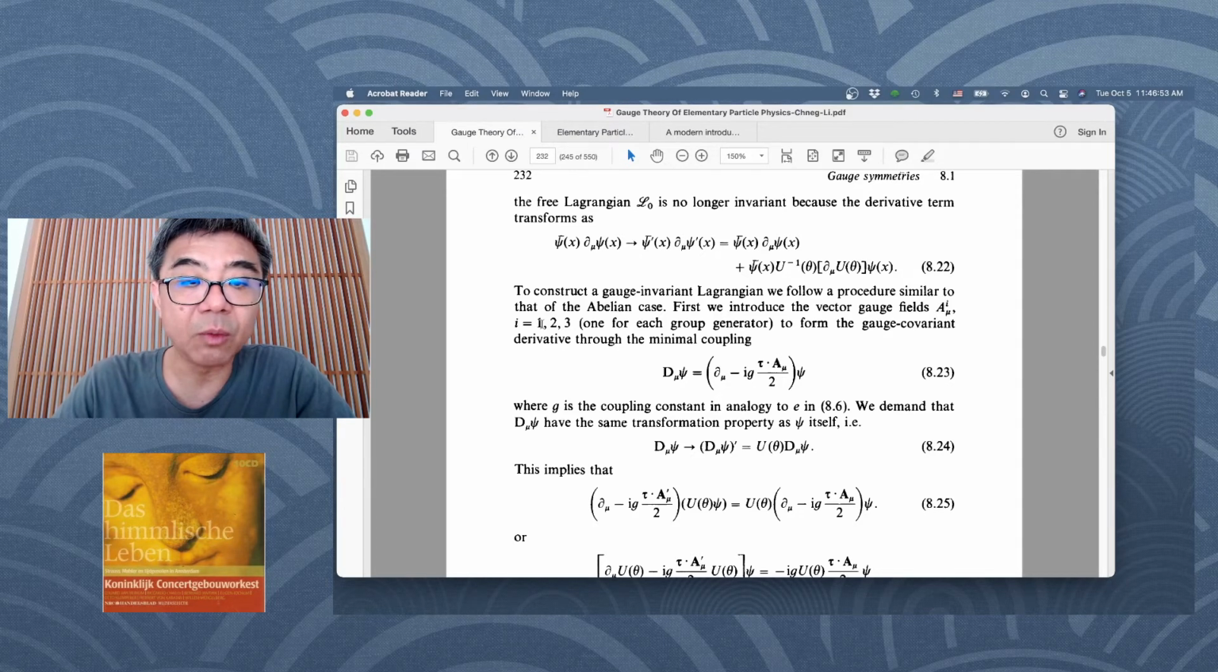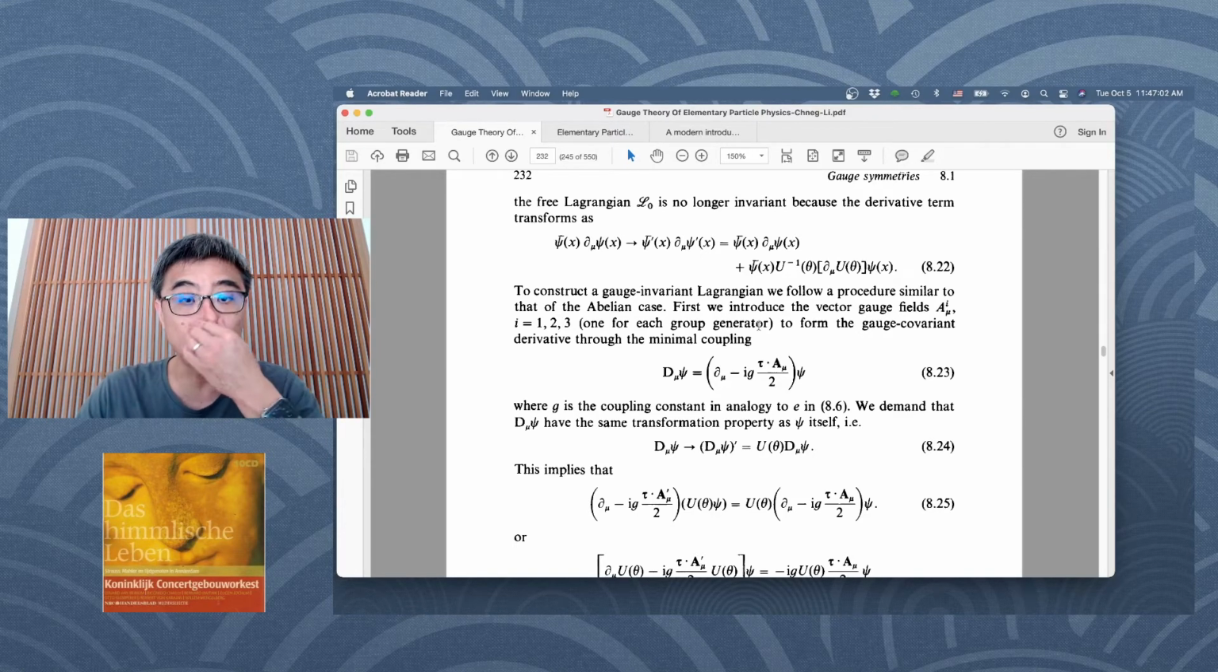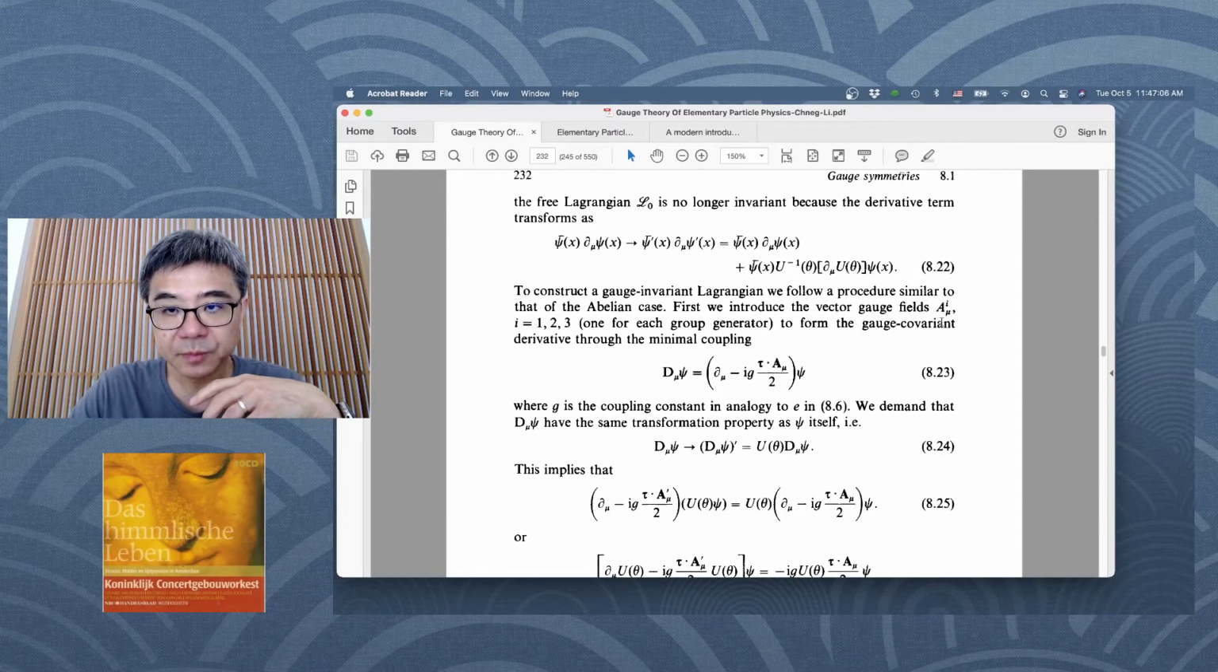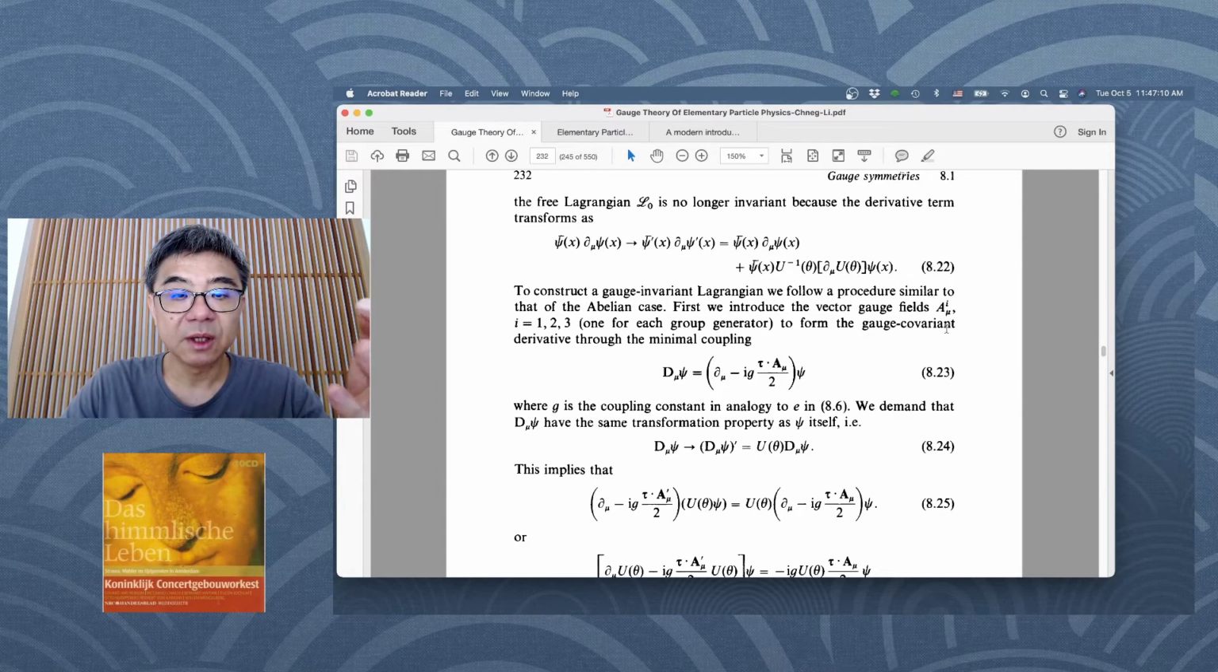It could be 1, 2 and 3. So here the textbook says one for each group generator. Since for SU2 we got 3 generators, therefore we got 3 vector gauge fields. That means if you extend the consideration to higher, more complicated groups, then for each generator you add